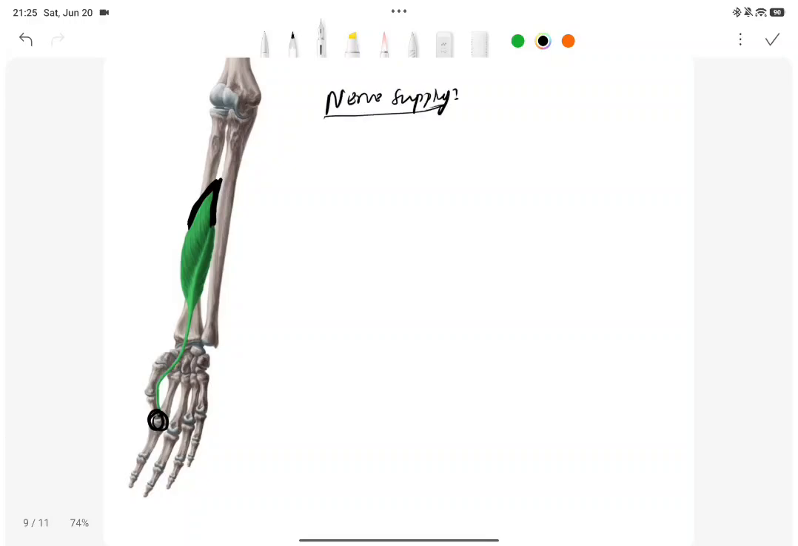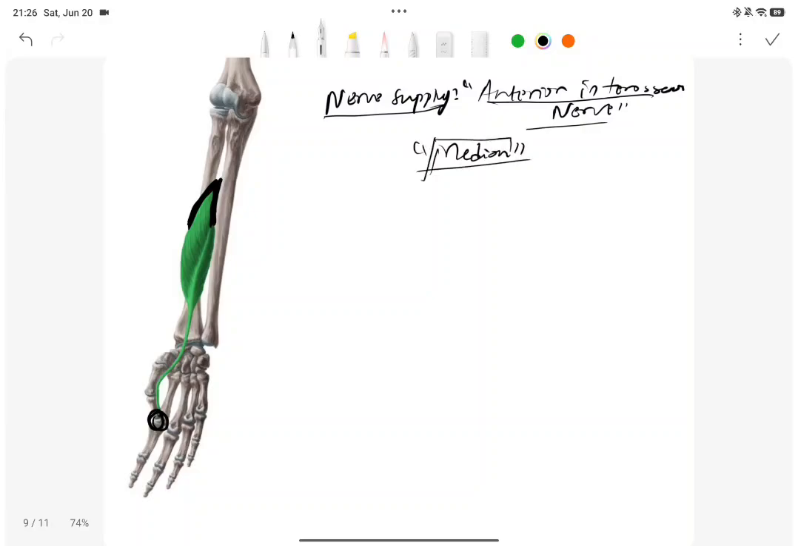नर्भ सप्लाईको कुरा गर्छ भने एन्टेरियर इन्टरओसियस नर्भ है। The anterior interosseous nerve is a branch of the median nerve के, median nerve को branch हो, so it is supplied by the median nerve. So यसको एक्सन भनेको distal interphalangeal joint of the thumb लाई फ्लेक्स गर्ने हो, इज अ फ्लेक्सर है। It also flexes the distal interphalangeal joint of the thumb के, थम्बको डिस्टल इन्टरफ्यालेन्जियल जोइन्टलाई फ्लेक्स गर्ने।